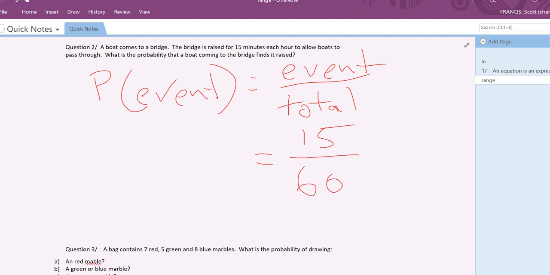And that kind of makes sense, that's how long it'll be open for. The one thing we can do is we can simplify this. Right? There's a common factor both